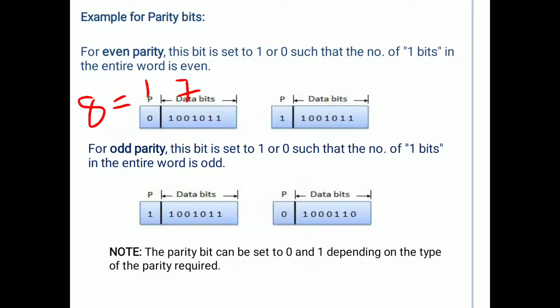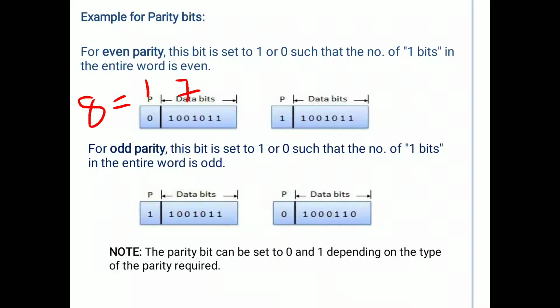So what is the concept of even parity? The total number of ones in the 7 data bits along with the parity bit should be even. So count the number of ones here. The total number of ones are 1, 2, 3 and 4. Four ones are there in the parity along with the data bits, that means in the code word. Then it is called even parity.